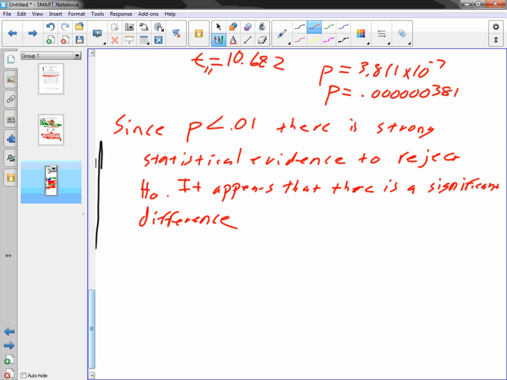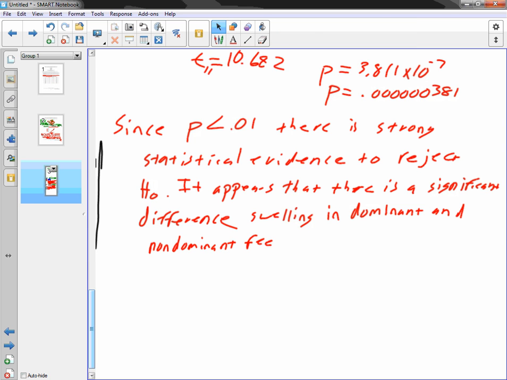and this is what we're talking about. So strong, you can leave that the same for just about every question you answer. If p is really, really small, less than 0.01, there's strong statistical evidence to reject the null. It appears that there's a significant difference, because remember, the null says there's no difference. So if we're rejecting the null, we're going to say there is a difference, and a difference between what is the question? And the answer is swelling. In this case, we're talking about swelling in dominant and non-dominant feet